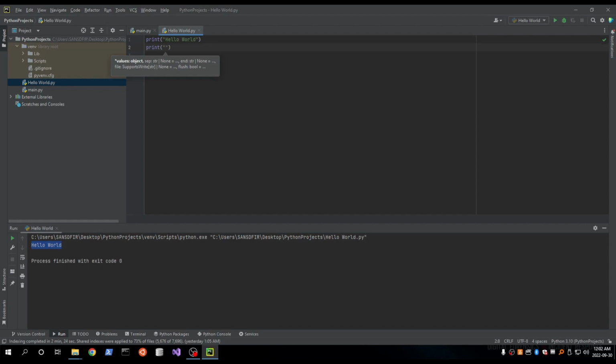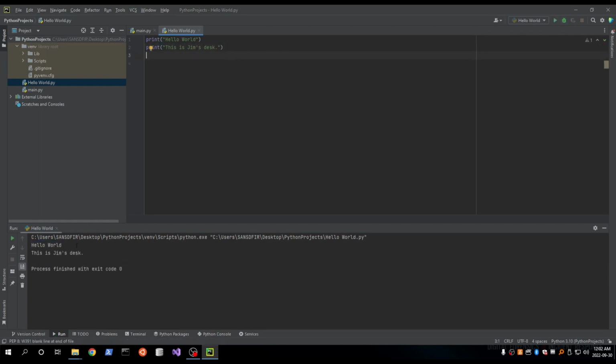For example, in this sentence, this is Jim's desk, has a single quote in it. So we want to make sure our outer quotes are double quotes. So if I do this and I run it, it will play and show me this is Jim's desk, showing the quote. Now if I try this with single quotes,